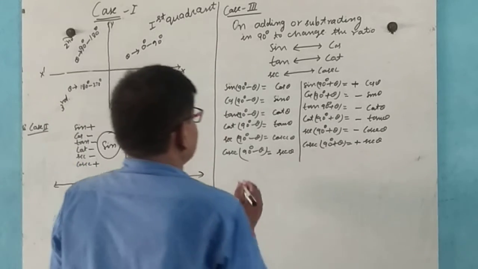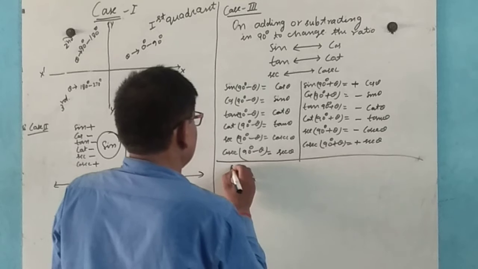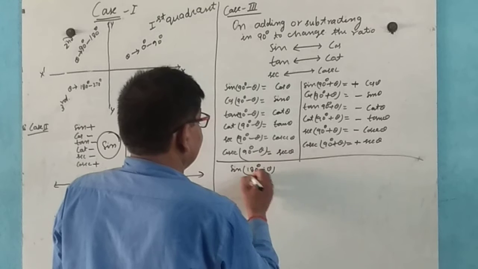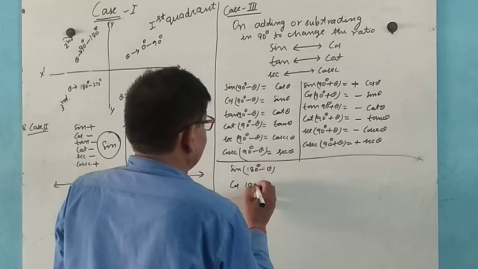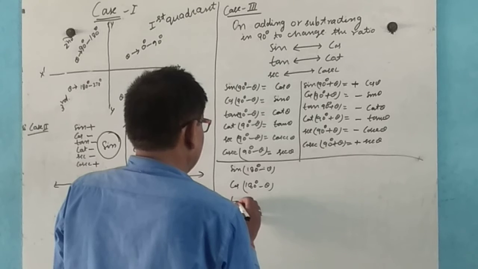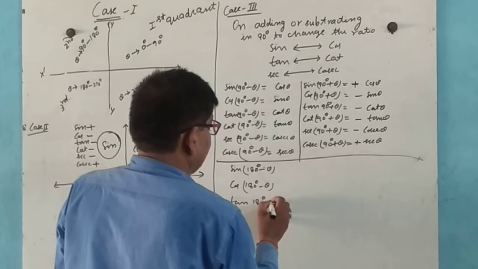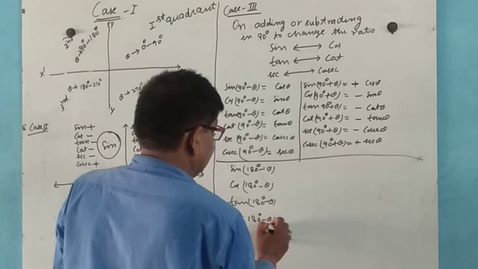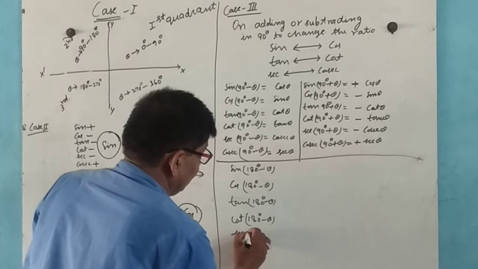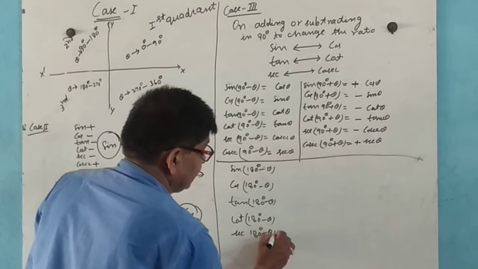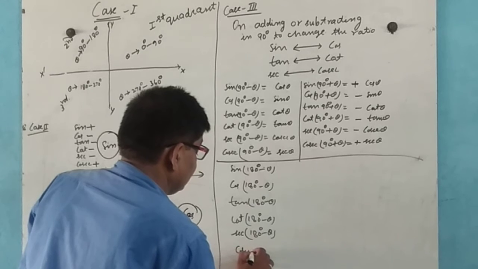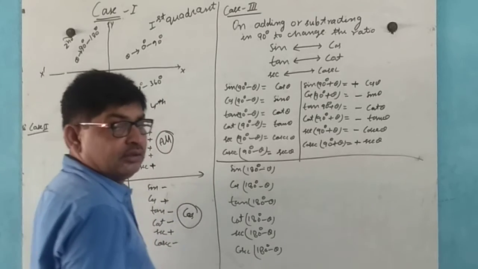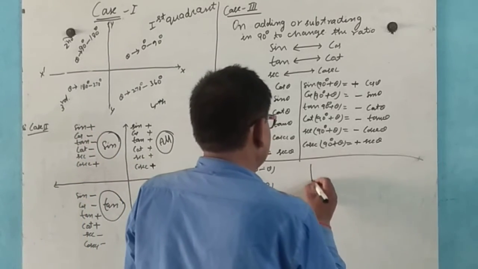Now, in a similar sense, sin 180 minus theta, cos 180 minus theta, tan 180 minus theta, cot 180 minus theta, sec 180 minus theta, cosec 180 degree minus theta. And also in the positive sense,